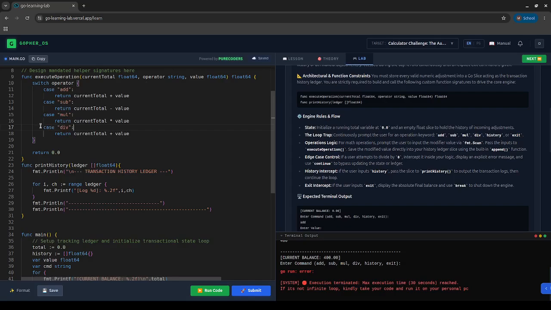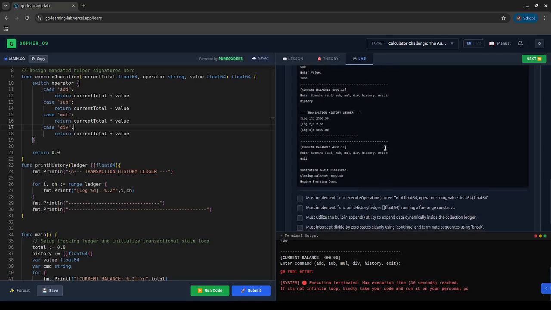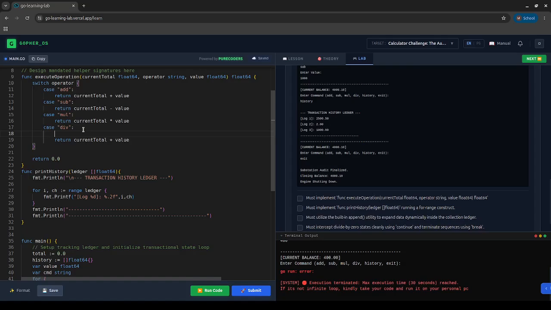So this is what will happen here. If the user tries to divide by 0, because in mathematics dividing a number by 0 is impossible. You understand? So you just have to tell him that this thing is impossible. You cannot divide by 0. So how am I going to do that? I'm going to check the case of div. That is, if the case is division, I'm going to check if the value is equal to 0,